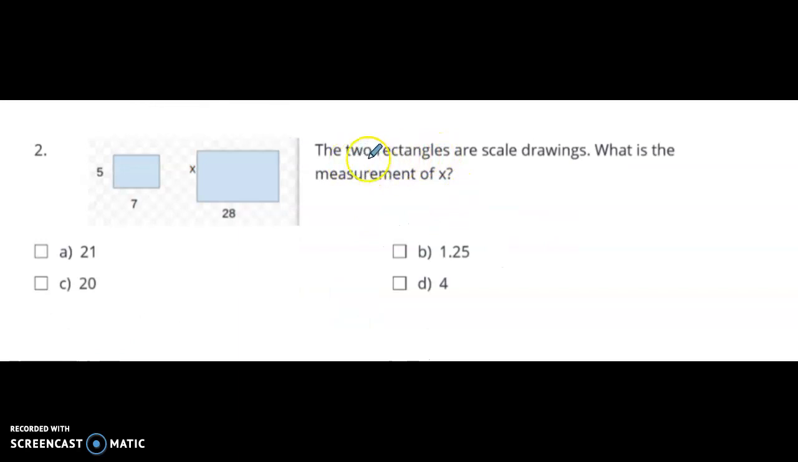In question 2, they told us that the rectangles are scale drawings, which means they are in fact proportional. So looking at this, how do I get from 7 to 28? Times 4. So I would need to do that same thing to get from 5 to x. 5 times 4 is 20. Or if we wanted, we could set this up as a proportion. 5 over 7